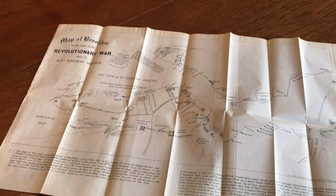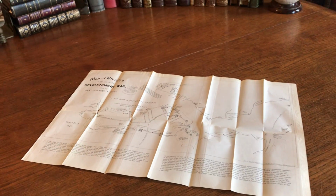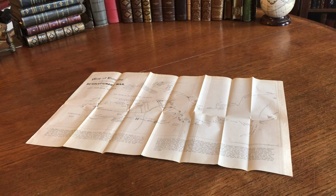Aside from that, the map is clean, well preserved, a lovely example, and it's currently available online from me, Brian